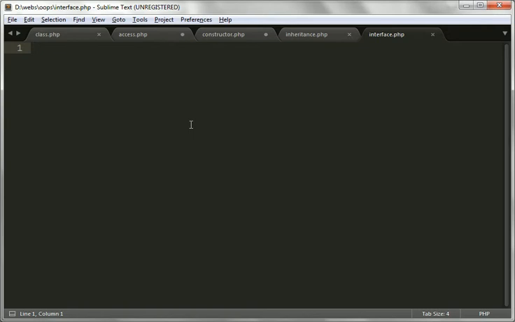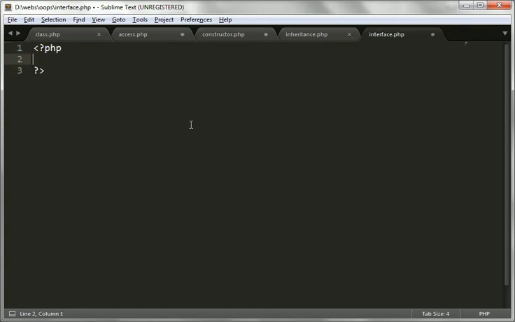What is an interface? As I have mentioned, multiple inheritance is not supported by PHP, but we can achieve that goal with the help of interface. But interface is not only for achieving multiple inheritance, we have several other options too. So let's discuss one by one. Interface is a keyword which is used to create an interface, like class is a keyword. So let's see by example.